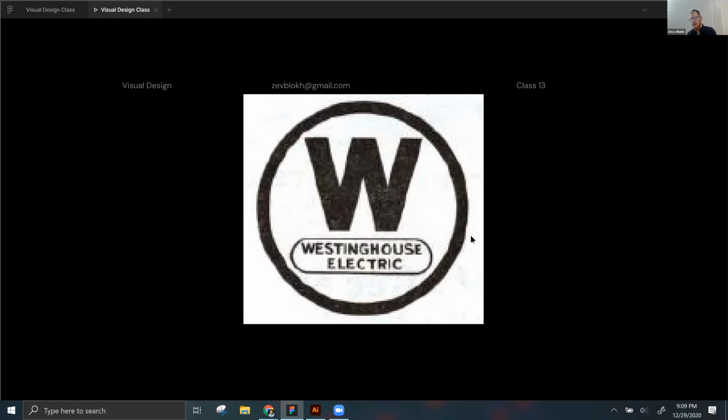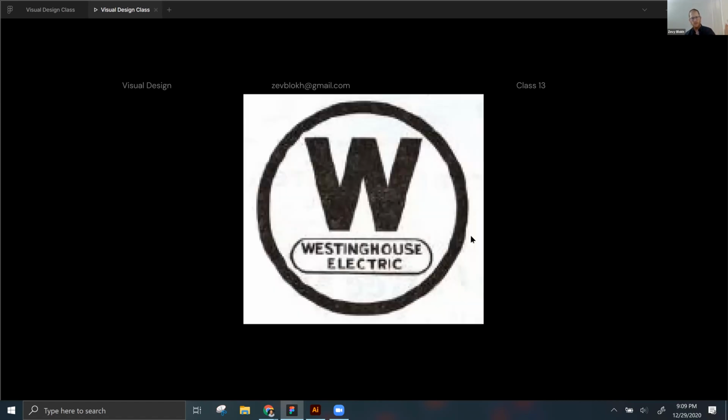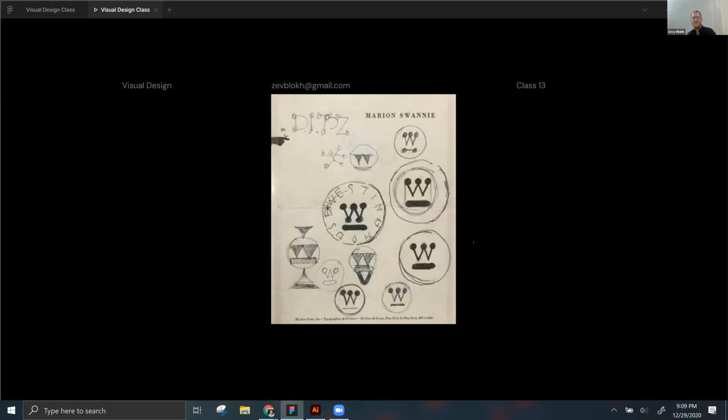Well, I do actually. Okay, so earlier versions of the Westinghouse logo, like the one we see here, just feature the letter W. And these are the first sketches, Paul Rand's sketches, of his redesign of the logo. So this was the one before, the one the company was using for a very long time, since 1886. And then in 1960, I think the year was, yeah, in 1960, Paul Rand redesigned the Westinghouse logo